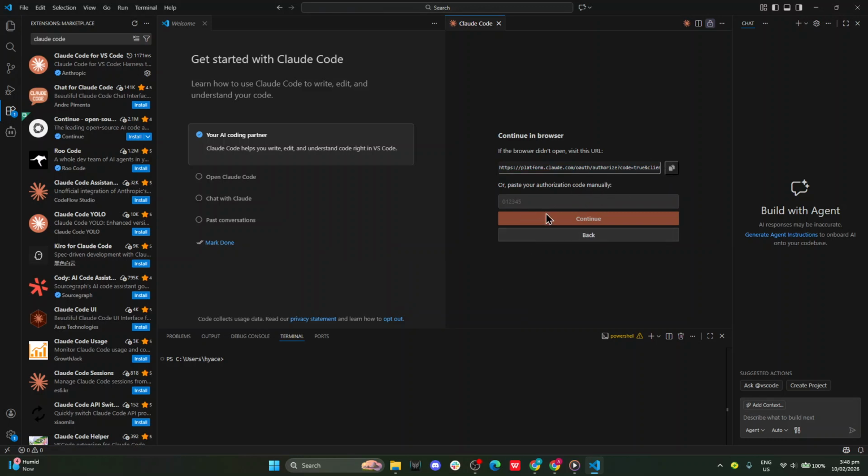Create or open a project folder. In your terminal, run mkdir cursor-claude-project, then cd into it and launch VS Code with code . inside the project, or